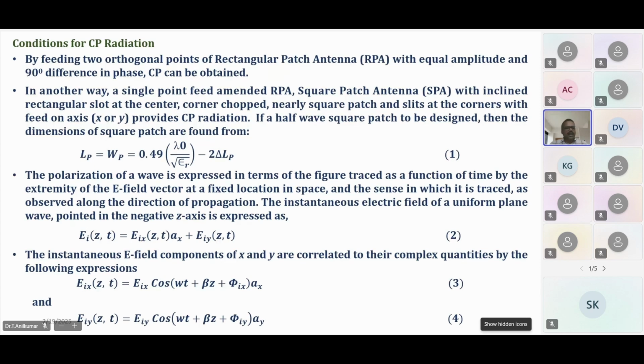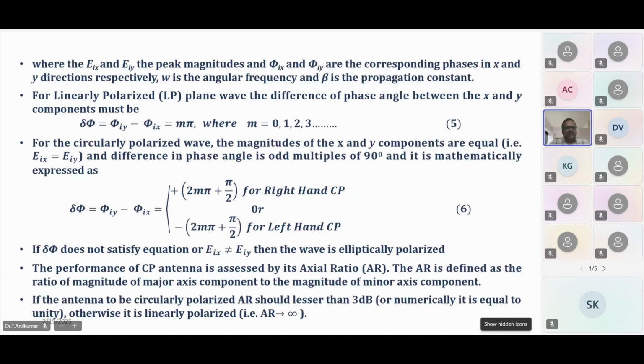So with this formula, you can find the length and width of the patch according to the radiation frequency and epsilon r value. And if you want to generate circular polarization, two orthogonal modes should be generated in the x direction and y direction. Both should be perpendicular. If you want to generate orthogonal modes,